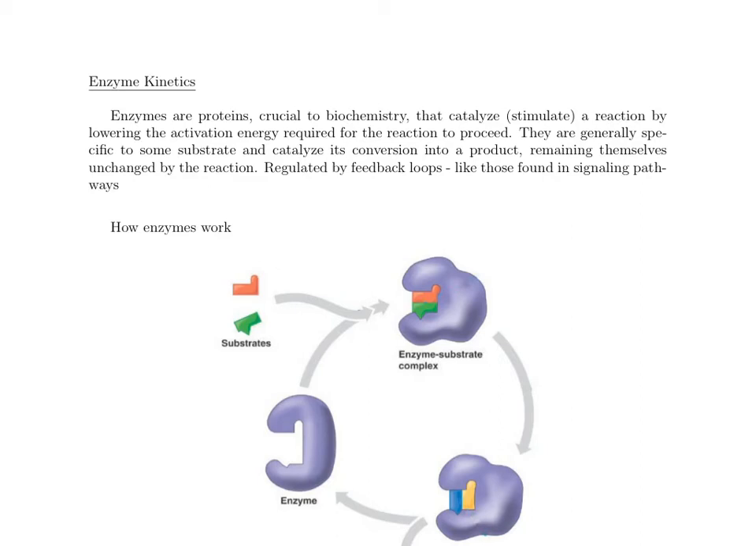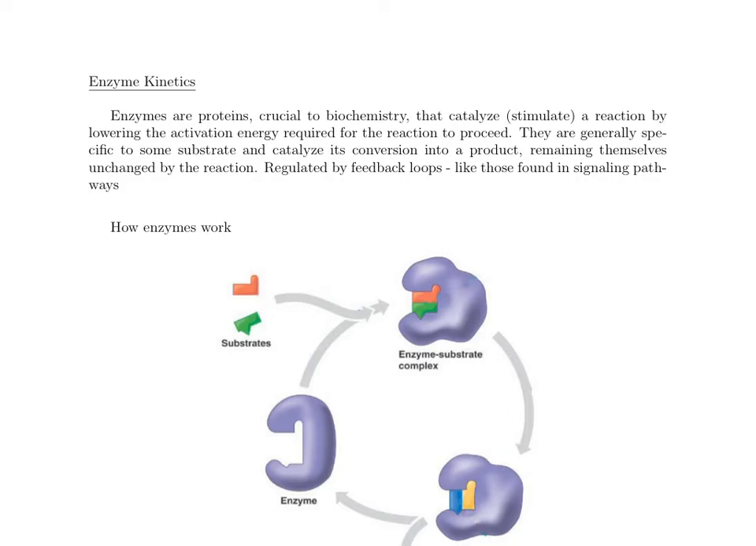Now let's focus on one specific type of chemical reaction, and that is ones that use enzymes. So enzymes are proteins that catalyze or stimulate a reaction by lowering the activation energy required for the reaction to proceed. So this really can ramp up the rate of reaction, sometimes by large orders of magnitude. And then what ends up happening is the enzyme, at the end of the reaction, breaks off apart from the